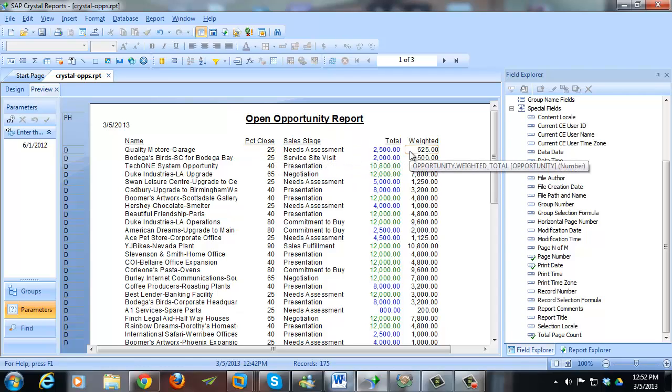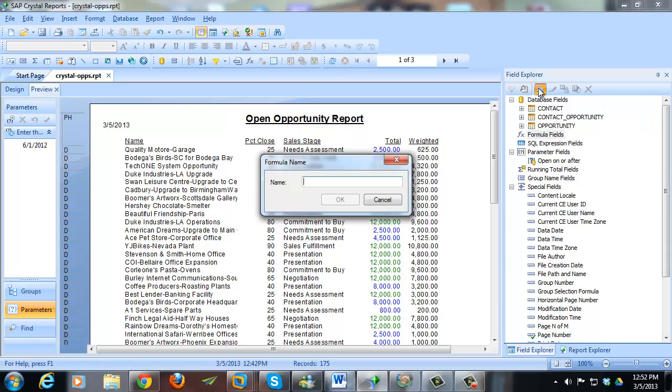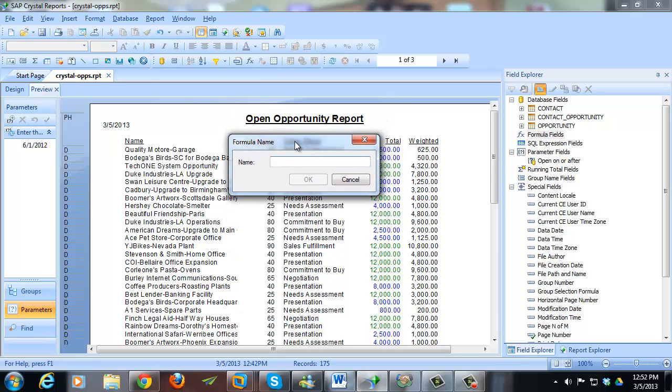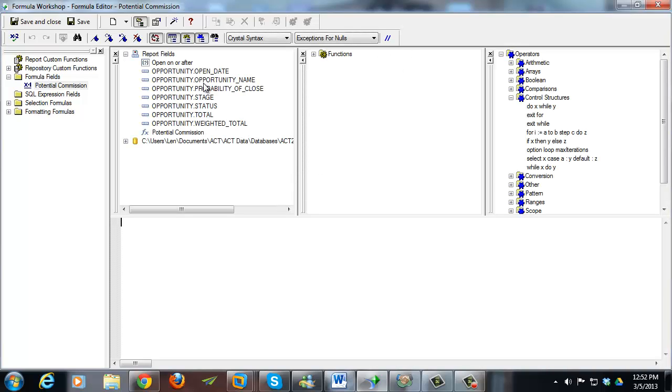I also want to have a formula in here which will actually do a calculation. I want to show what the potential sales commission would be. So let's say we're going to do 12% commission on the total. So I can add that, and the way that I do that is I'm going to go in my Field Explorer and go to Formula Fields. I'm going to create a new formula, and I'm going to call that formula potential commission. Hit OK, and then I'm going to make this the total